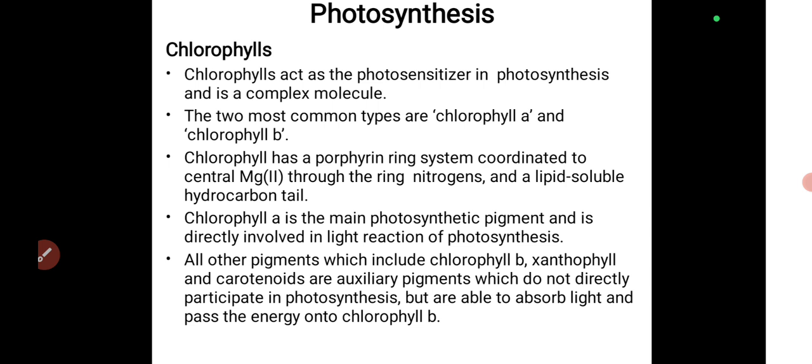The auxiliary pigments means they do not directly get involved in photosynthesis, but they just help the chlorophylls to absorb light and pass energy on to chlorophyll, and this is what the other pigments are doing, and they are considered auxiliary pigments. So they do not directly participate in photosynthesis but are able to absorb light and pass the energy to chlorophyll